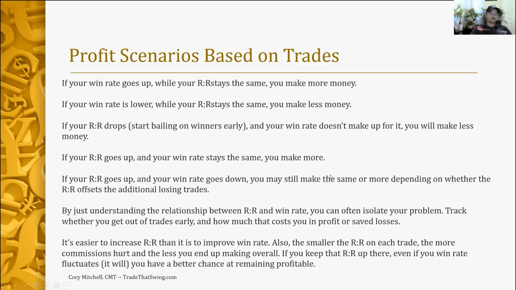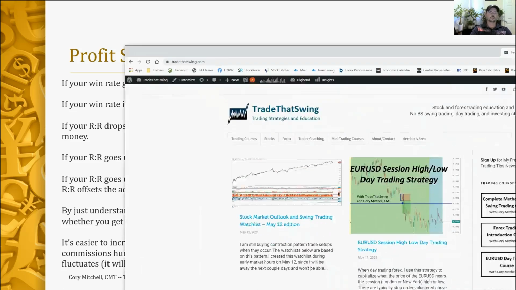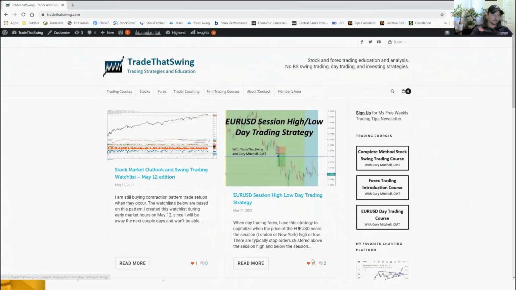So that's a little bit more on reward to risk and how you can use them to improve your trading just by looking at those two very simple things. And if you want examples of this, let's see if I can pull up. So on Trade That Swing,